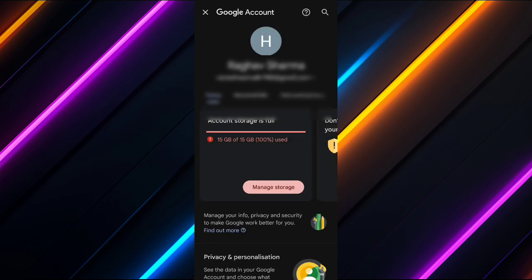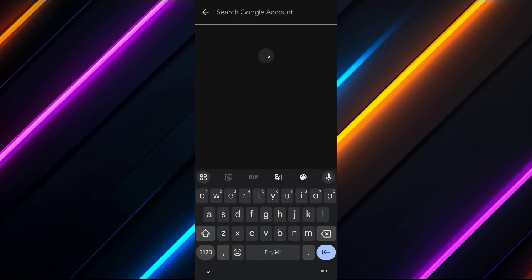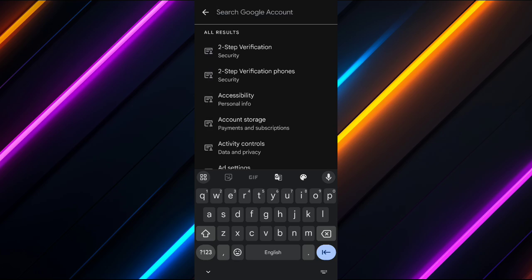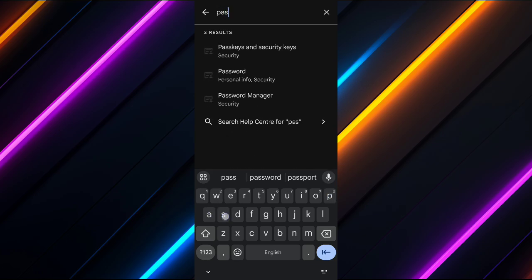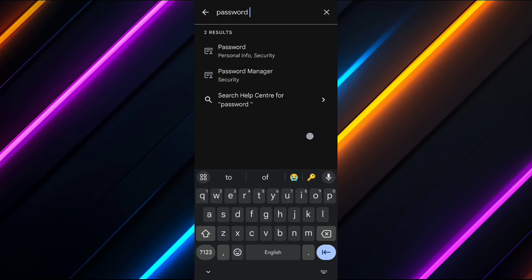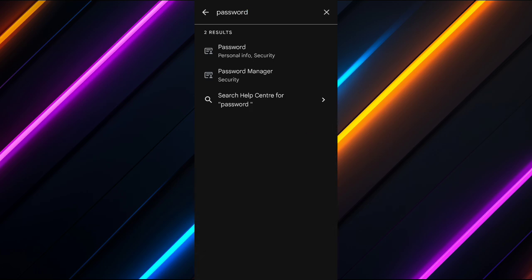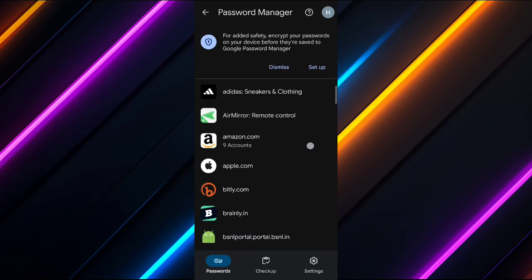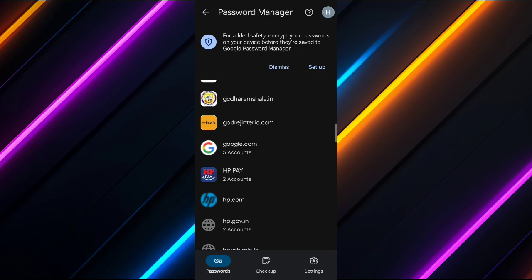After that, this page will open up, and then you have to click on the magnifying glass on the top, which is the search button. Click on the search button and then type in passwords. After that, click on password manager, not the password, but the option which says password manager. So click on password manager, and then on this screen you will see all the passwords that are saved on